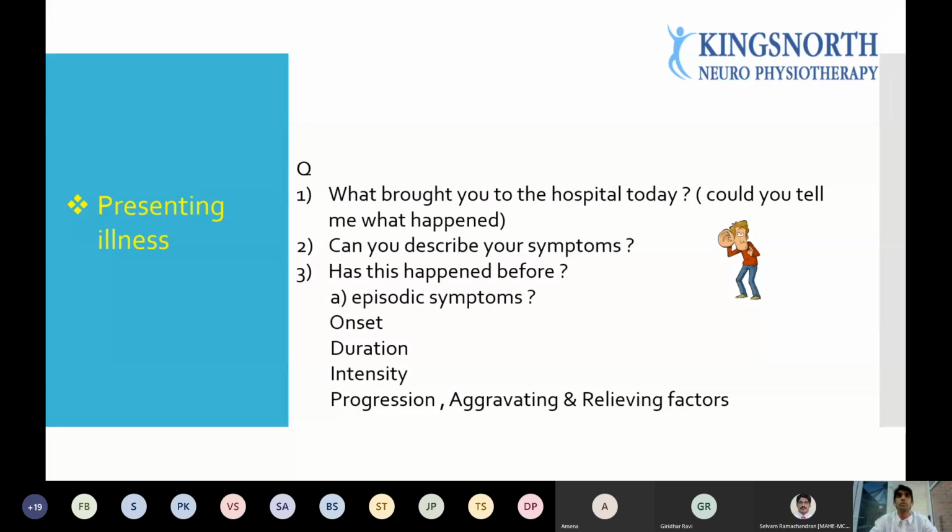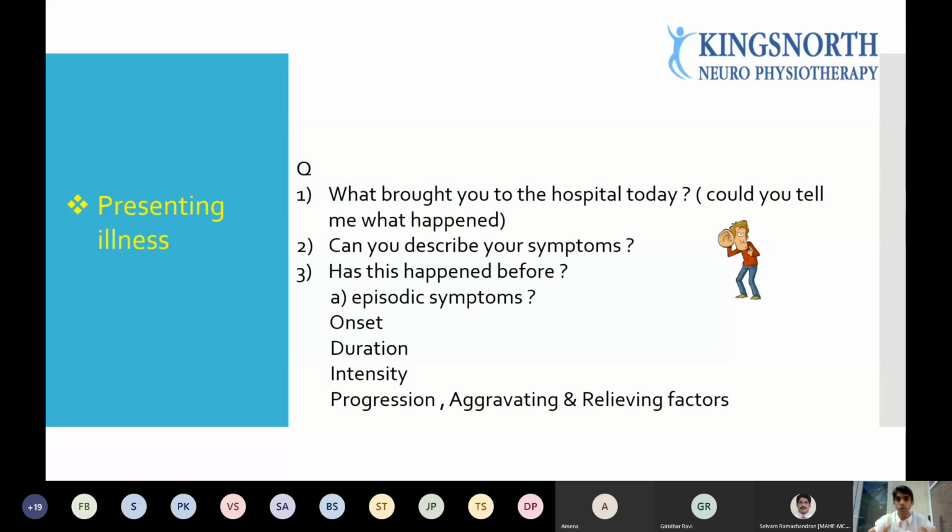If you feel that they are drifting away from the conversation, you could just say, can you please describe to me your symptoms? They might have described some symptoms. Some of the symptoms would be episodic, some are continuous, and sometimes they have a pattern. So you know what type of symptoms.